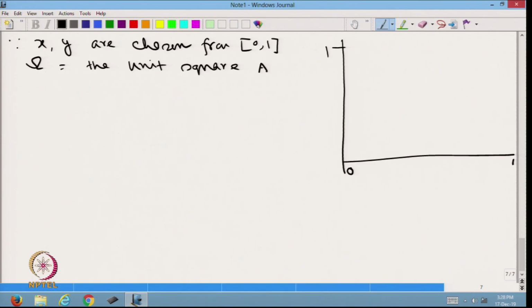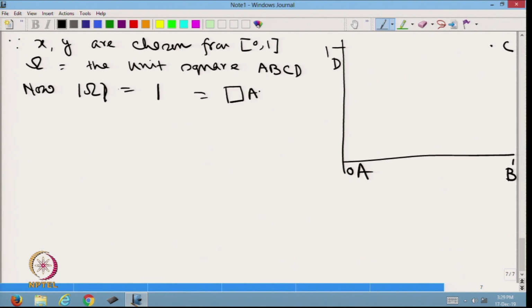Let me call it A, B, C, D, for which each of the sides is of length 1. Now, size of omega is equal to 1, which is equal to the area of the square ABCD. We need to compute